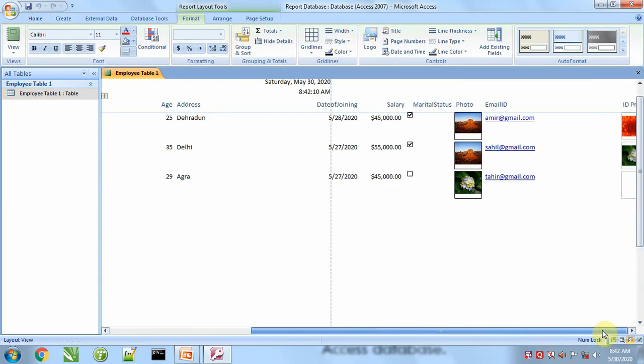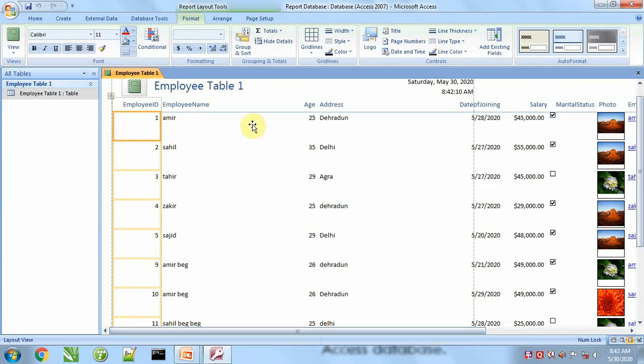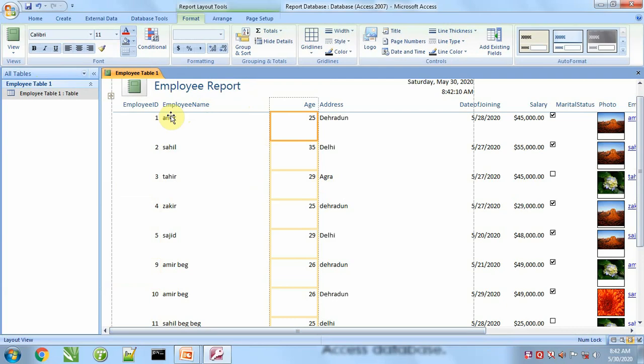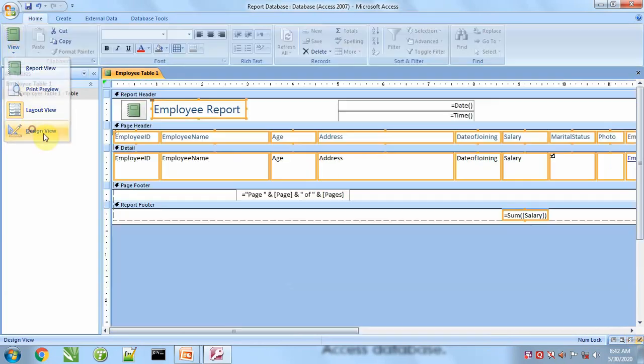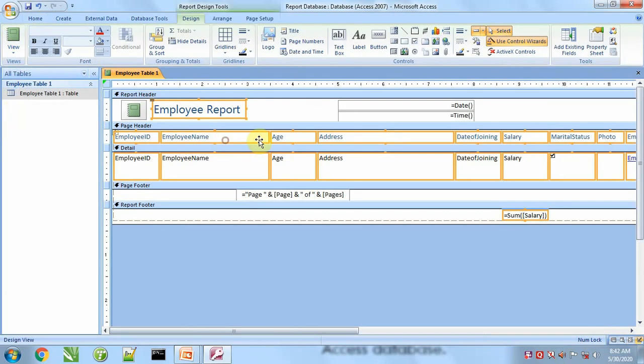We can see here report is generated. If you want to modify or customize it, we can do it, like if you want to change its name, double click, and we can customize it according to our choice.